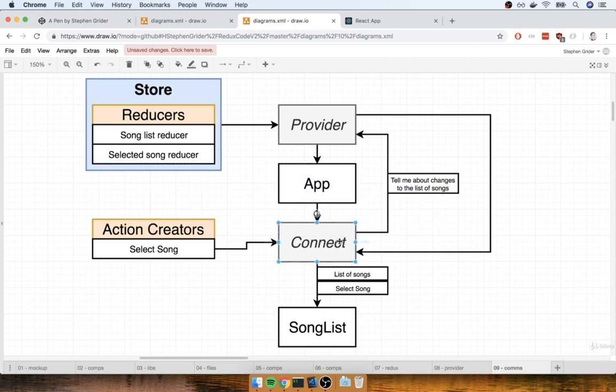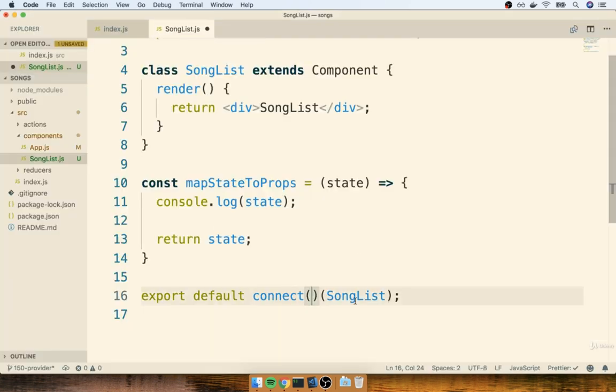I've said several times, oh yeah, we need to configure connect in some way and tell it how to get some data from the provider. We configure it by passing it a function. So I'm going to pass that as the first argument to connect, mapStateToProps. Now again, I want to remind you, we can call this anything we want. So we could call it getMyState if we want to. Nothing special about calling it mapStateToProps.